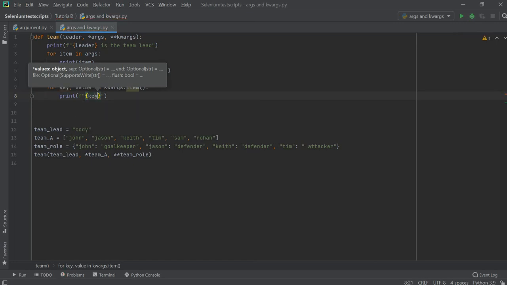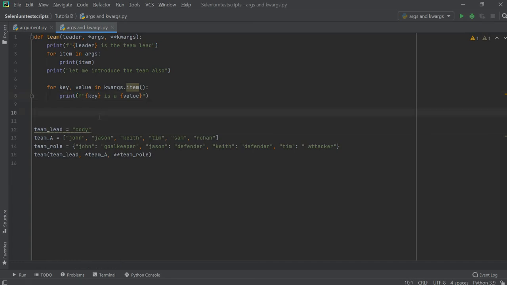Key is a value here. So it is going to take key and the values, and this is just a string which will be added here. So let's run this, and let me indent it first. Okay, it's not done.